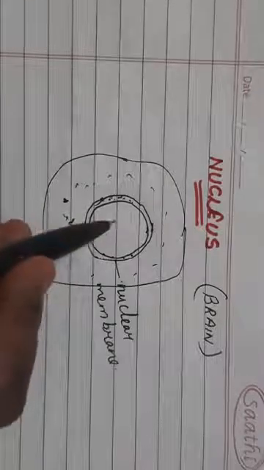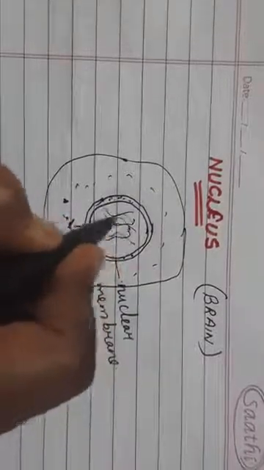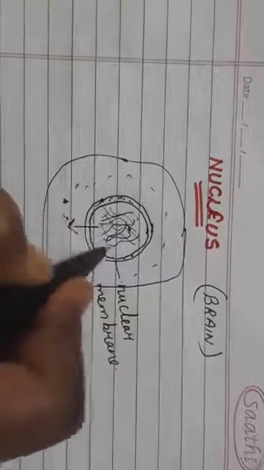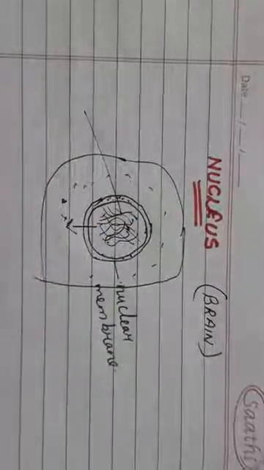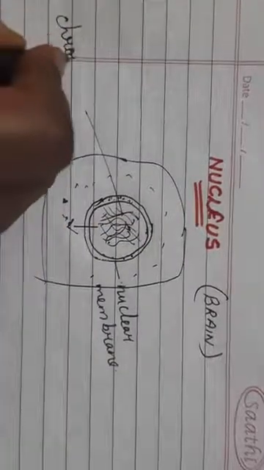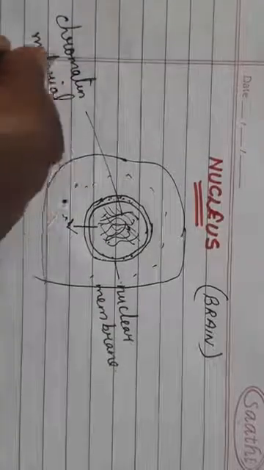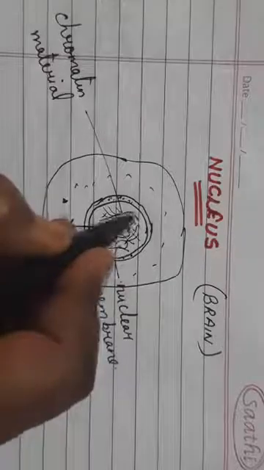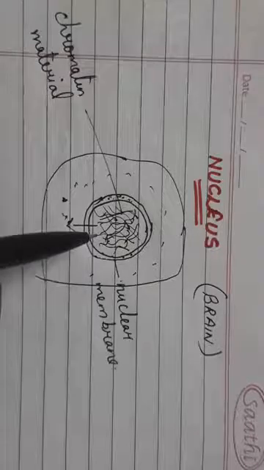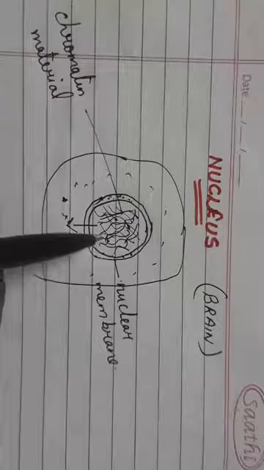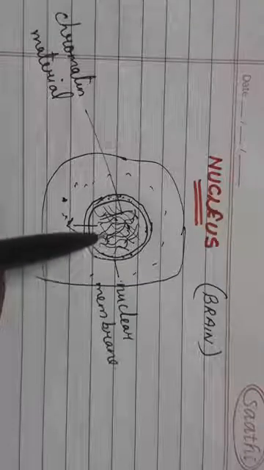nucleus, inside the nucleus, it contains an entangled mass-like structure. This nucleus is composed of like this entangled mass-like structure. And what is this mass-like structure called as? This entangled mass is called as the chromatin material. Entangled means आपस में, you can see like this. Okay, so this is the chromatin material. And this chromatin material, if you see under a microscope, it is visible as an entangled mass of thread-like structure.